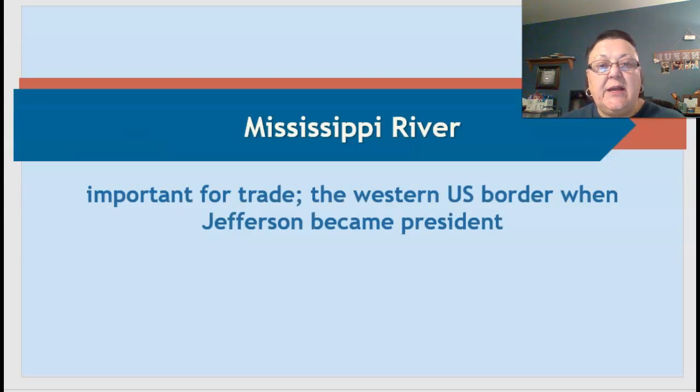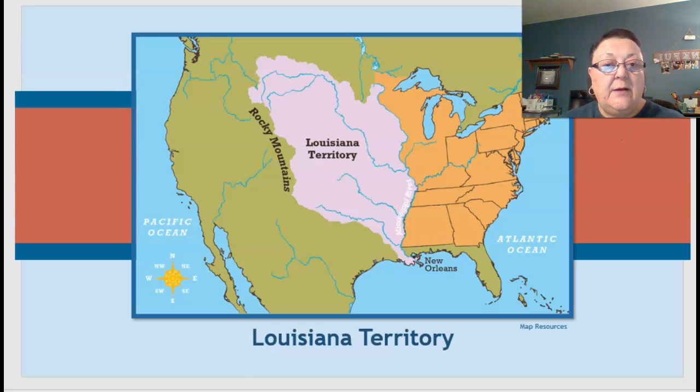So first of all, let's look at what is the Mississippi River. The Mississippi River is a very important river because it was used for trade. It was the western U.S. border when Jefferson became president. That's as far as we had gone, that far west. So that was the border right here. Here is the Mississippi River that runs down in here, and it runs down into